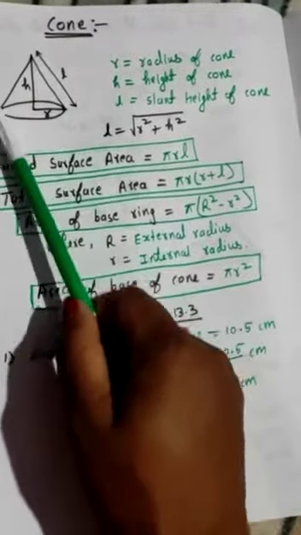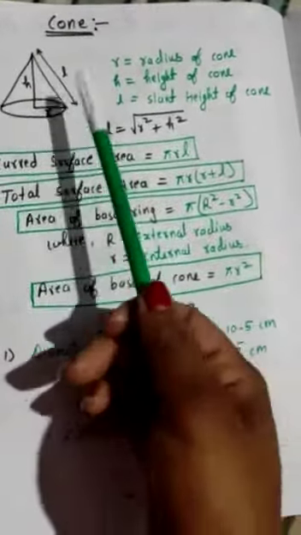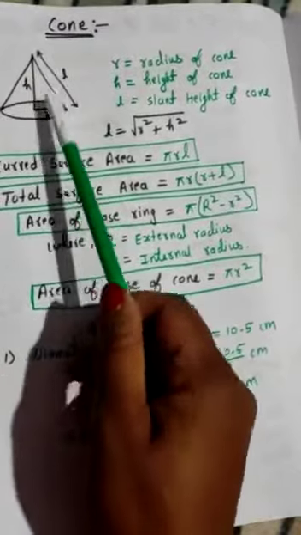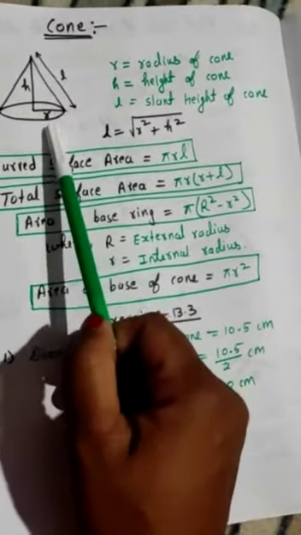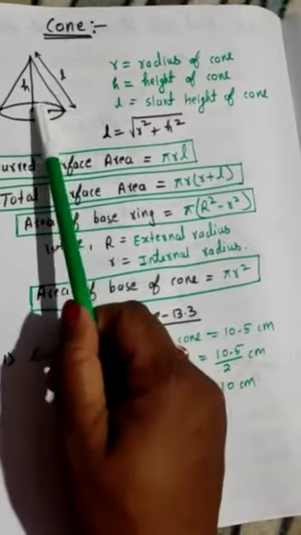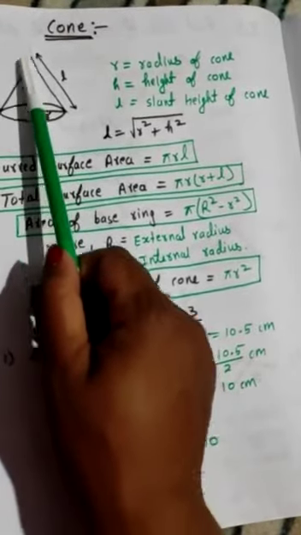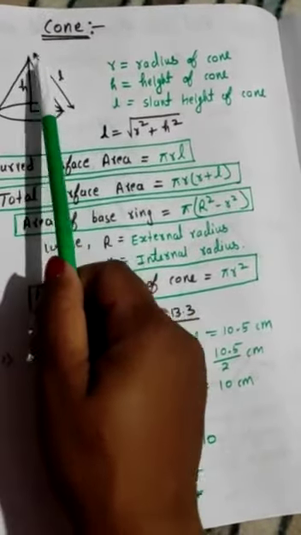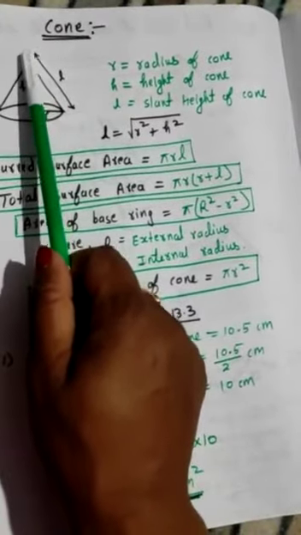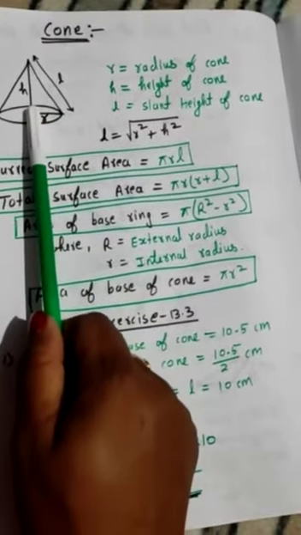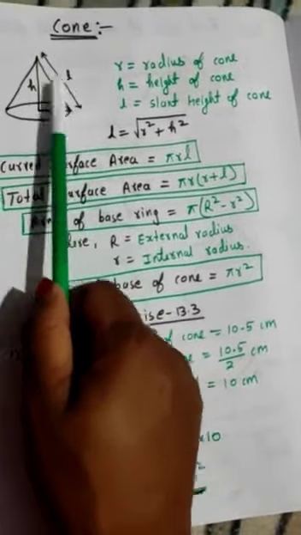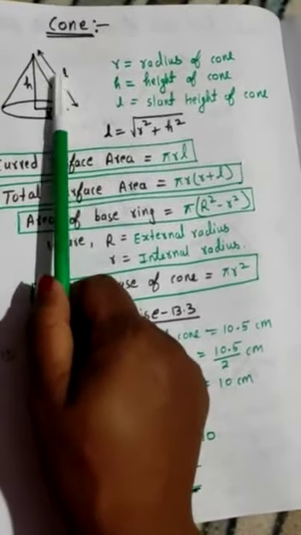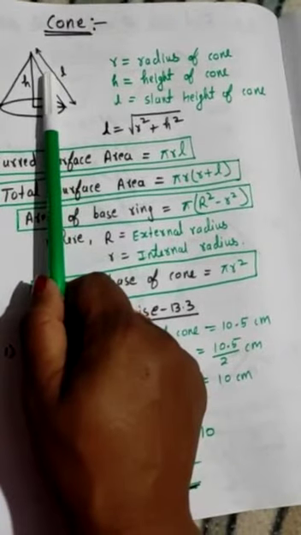The cone is made when you are just rotating a triangle. So in its base, a circle is formed. So the circle is the base and its radius is taken as r. And from the center of the circle, when you construct a perpendicular line and it joins with the vertex of the cone, it is called the height, the normal height, which is h. And this slant one, okay, this one is L and it is called slant height.